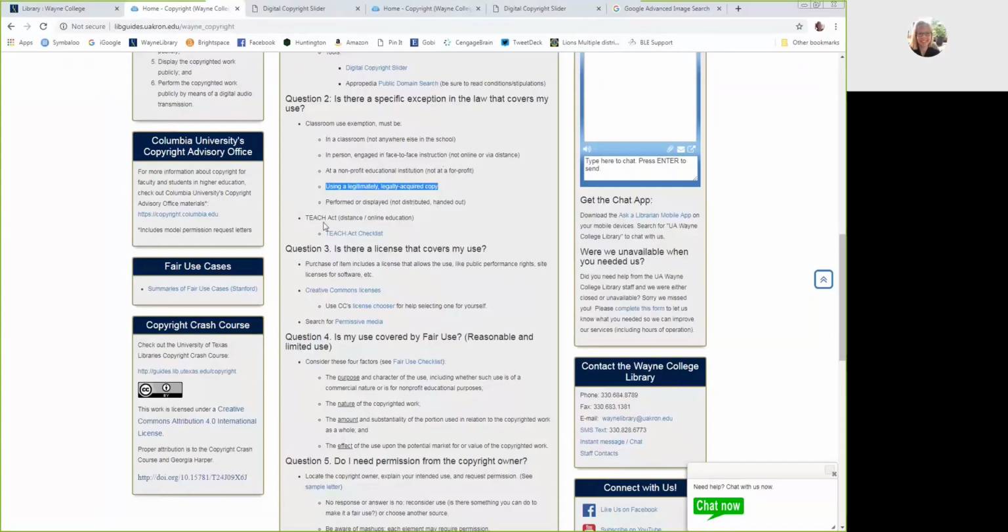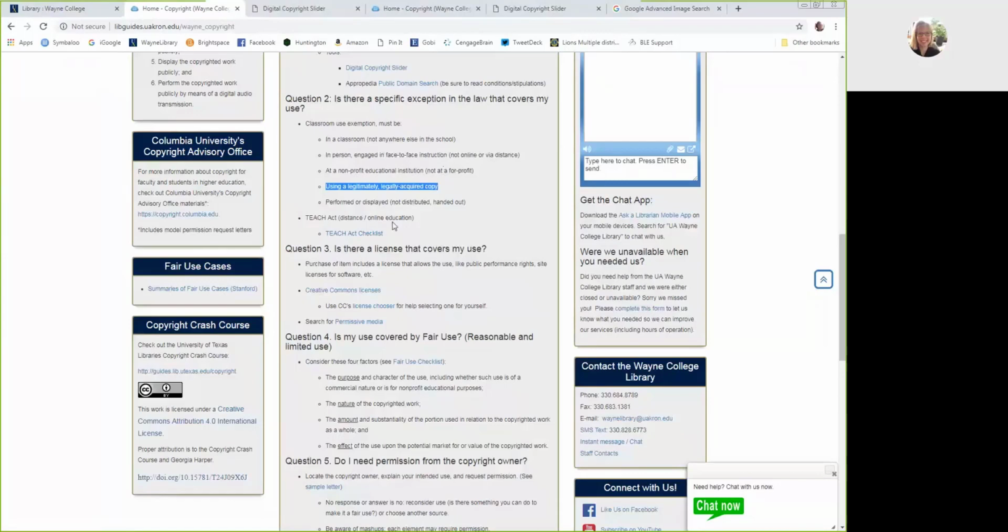The other piece here is the TEACH Act, which does cover distance online education. I'm not going to go into details now, but there is a checklist here. For example, if you're using a Brightspace Classroom to distribute materials, to share videos, stream music or something like that, there's a checklist here. For example, you have to be able to authenticate the people who are in the classroom, so only the people who have paid for the classroom would have access to it. So there's a lot of stipulations there that do cover distance and online education like I'm doing today, like a web conference. So that's question 2.